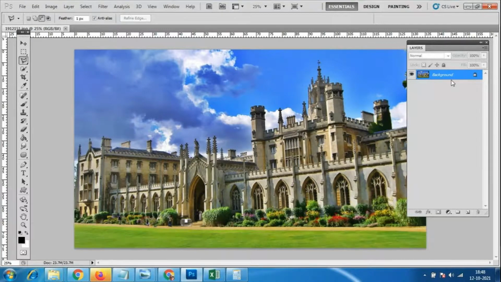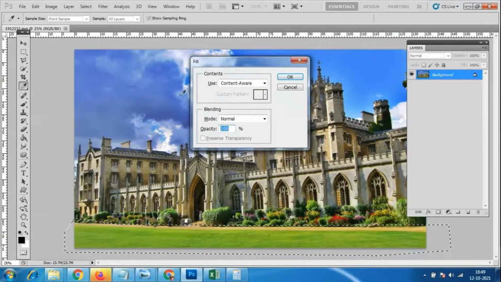Whatever designs you make will always be in a different layer. Suppose I want to delete this one, I can select how much area I want, roughly like this, and use the delete option. Automatically it will delete.